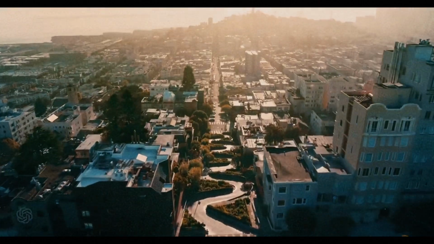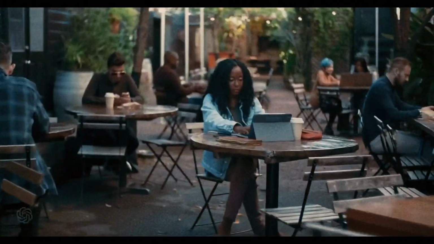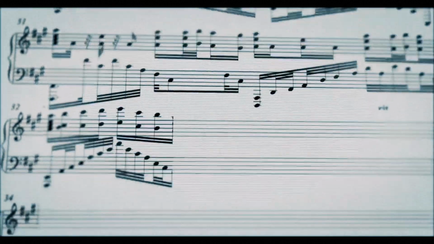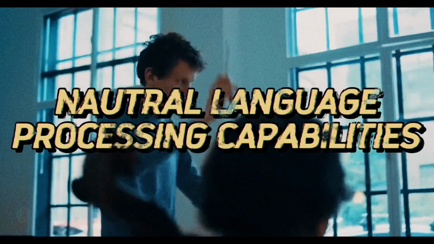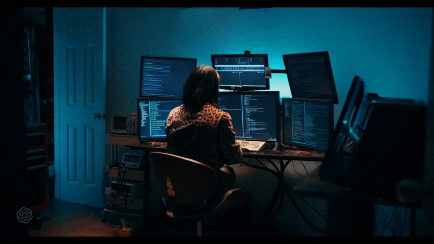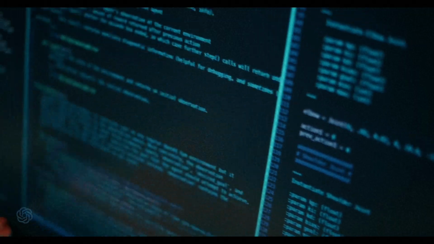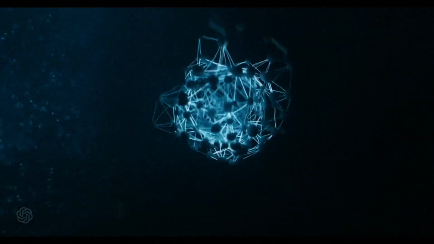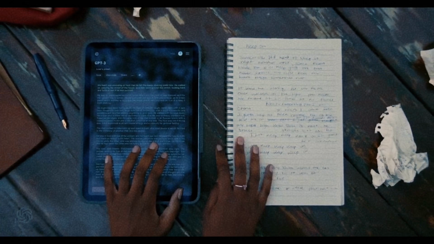But here's where it gets interesting. ChatGPT isn't just another AI tool. It's a game changer for creators. With its natural language processing capabilities, ChatGPT can generate human-like text based on prompts, making it an invaluable resource for content ideation and creation. Whether you need blog post ideas, marketing copy, or as we'll explore today, YouTube Shorts prompts,